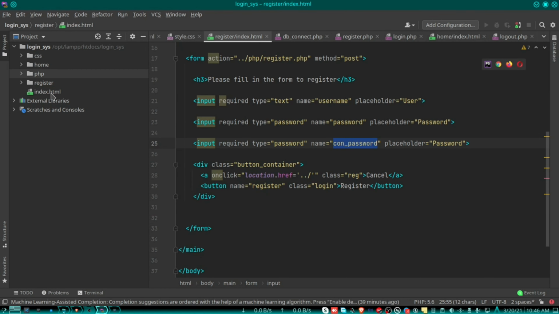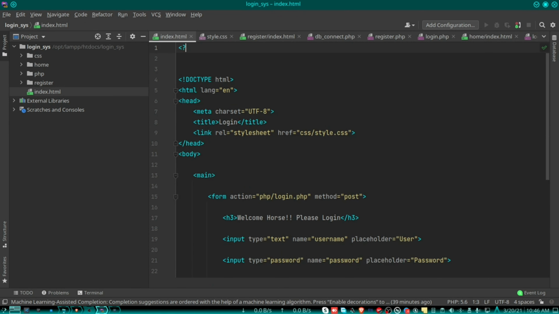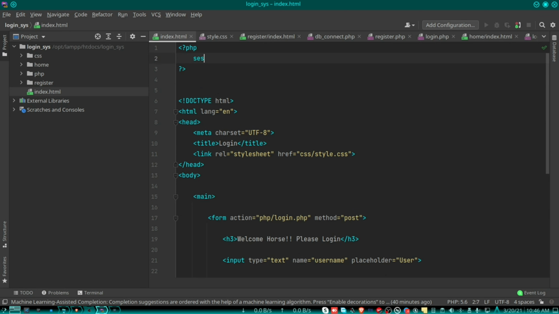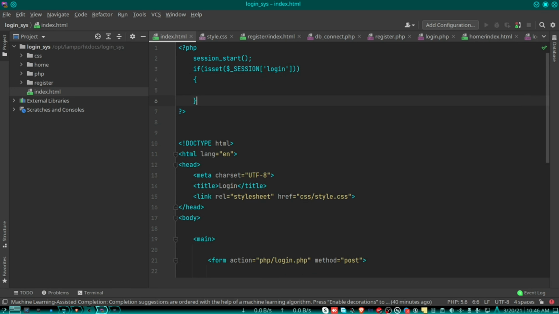Okay, in the index.php we can include our session here. No, we just create a new session. So I'll just say php, and then I'll say session start, and then I'll say if isset session login. If session login is set, we need to actually head somewhere, because if I'm logged in and I come to the home page, it should take me to my already logged-in page, right? So I'll use header to